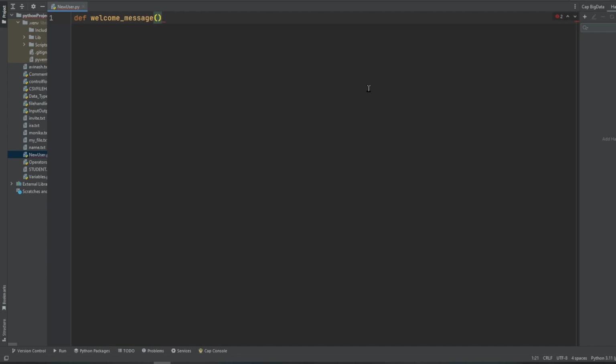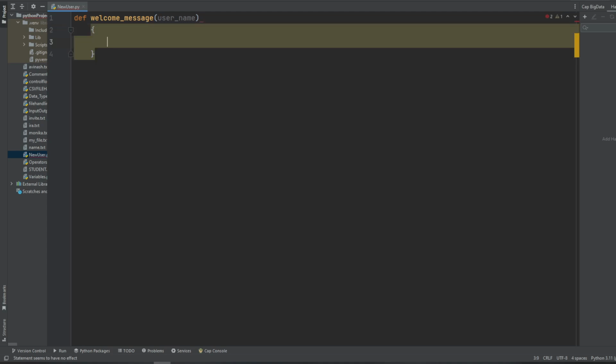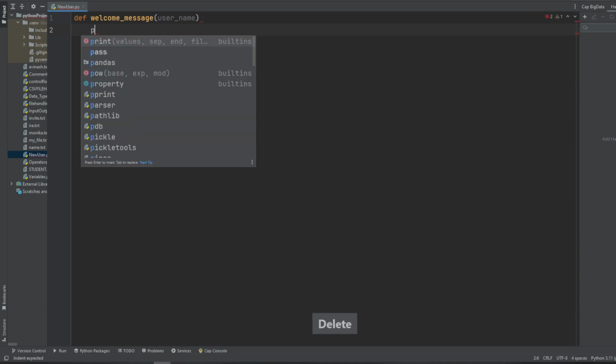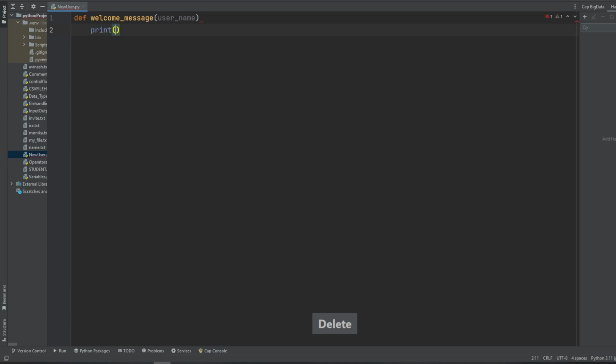And this function takes username. Inside this function, I'm gonna print a message. Print welcome plus username. So this is my new module I have created, where if there is any new user comes in,